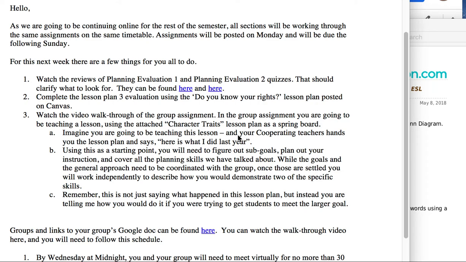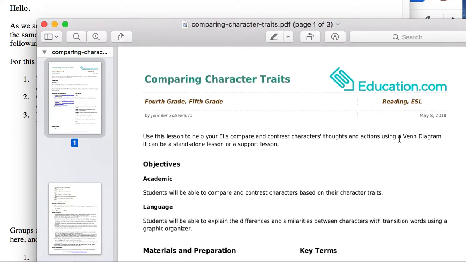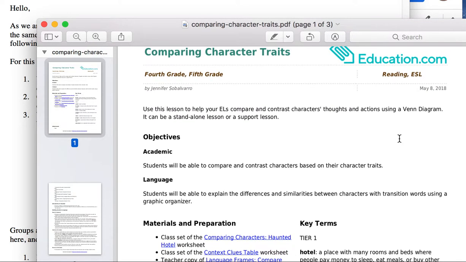A brief walkthrough of the group assignment for this next week. In the group assignment, you're going to be teaching a lesson using the attached character traits lesson plan as a springboard. The idea here is that you're in the field, imagine that COVID didn't happen and that everyone's in the field, and imagine also that you are teaching 4th or 5th grade language arts and you are doing this lesson on